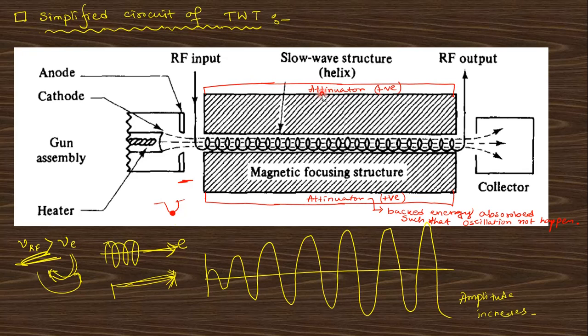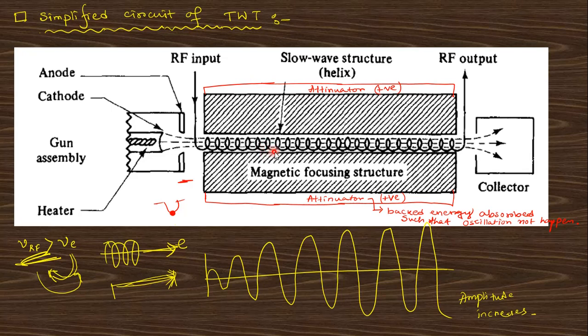Okay, why is this attenuator used here in this region? Because when the electron travels in that direction with the RF power, the electron passes through the gap of this helical path, but sometimes the electron can collide with that path and be reflected, such that it cannot reach the input. That's why this attenuator is used.